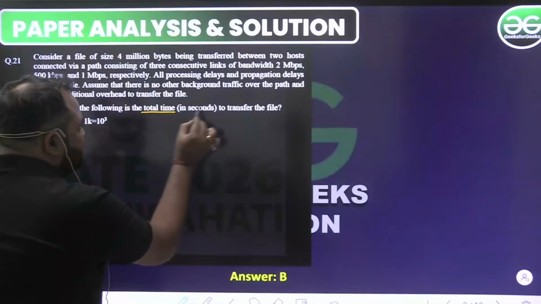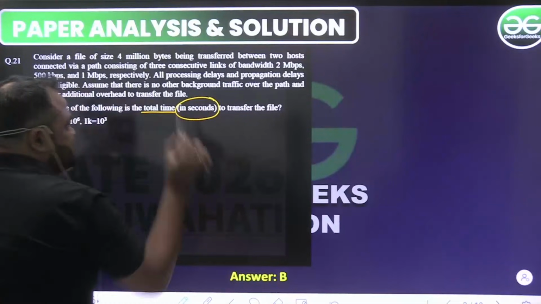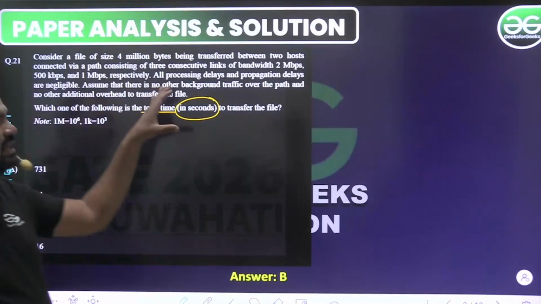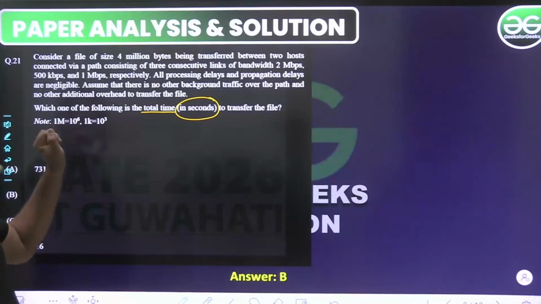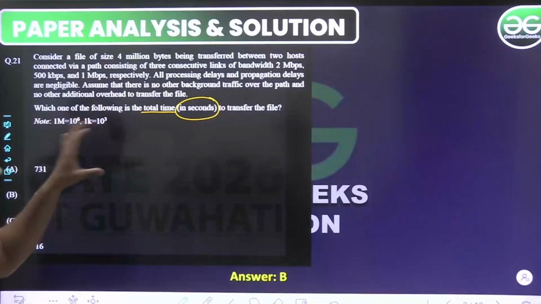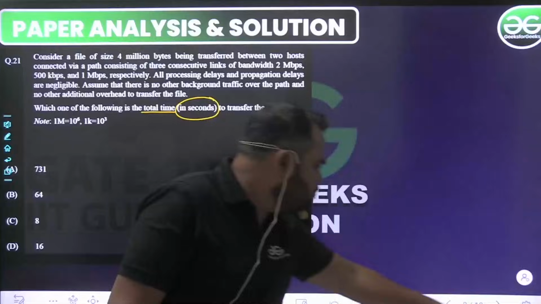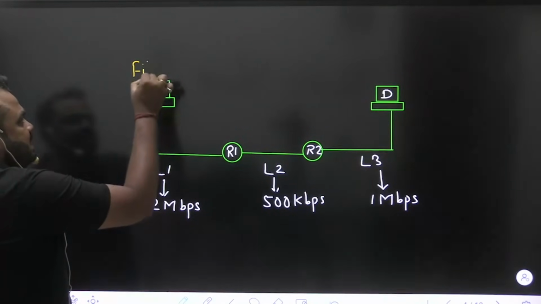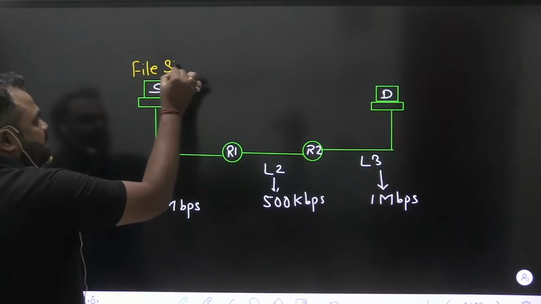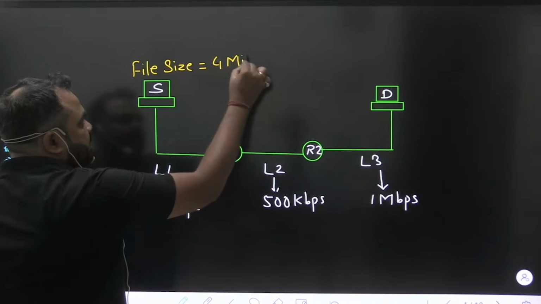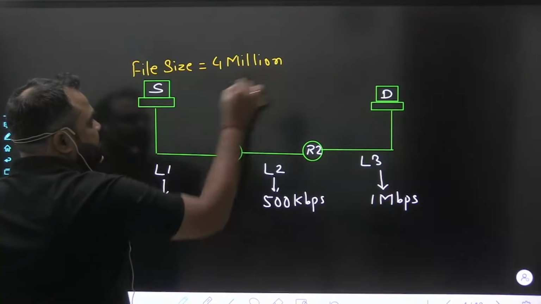टोटल टाइम किस में कंप्यूट करना है हमें? सेकंड में। टू ट्रांसफर द फाइल, 1 m का मतलब, चूंकि ये बैंडविड्थ है तो बैंडविड्थ में 1 m का मतलब होता है 10 टू द पावर 6, 1 k का मतलब होता है 10 टू द पावर 3। ठीक है, तो टोटल टाइम हमें आइडेंटिफाई करना है 4 मिलियन्स ऑफ डेटा फाइल को सेंड करने के लिए। तो यहाँ पर जो सेंडर सेंड करना चाह रहा है वो फाइल साइज हमारे पास क्या है, द फाइल साइज इज 4 मिलियन, राइट, 4 मिलियन।